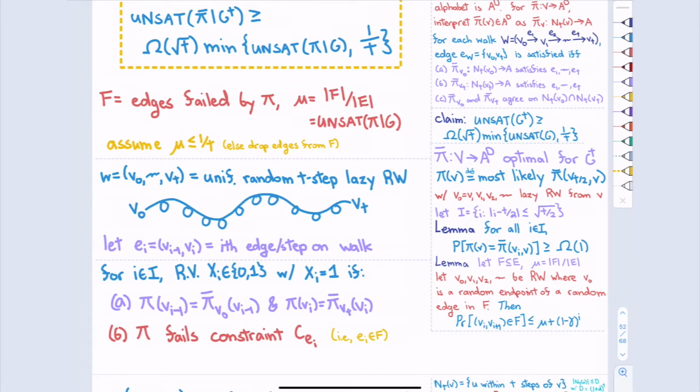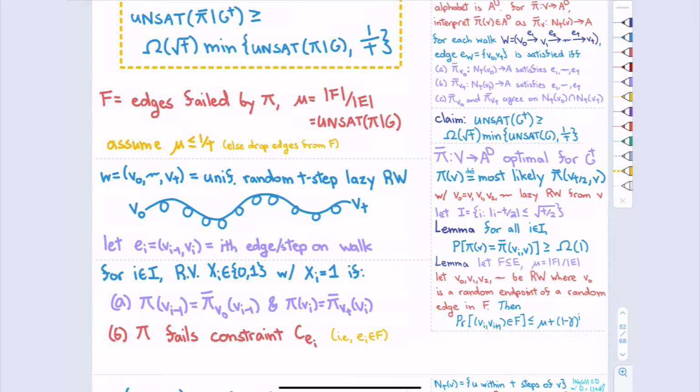So for each of these indices that are close to the middle, we're going to say xi equals 1 if the labels are sort of agreeing, in the sense that V0 assigns to VI minus 1 the popular label for VI minus 1, and VT is assigning the popular label to VI.